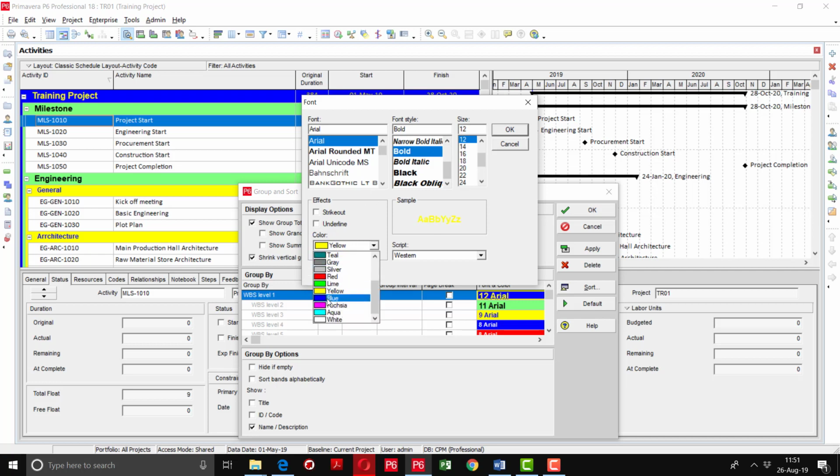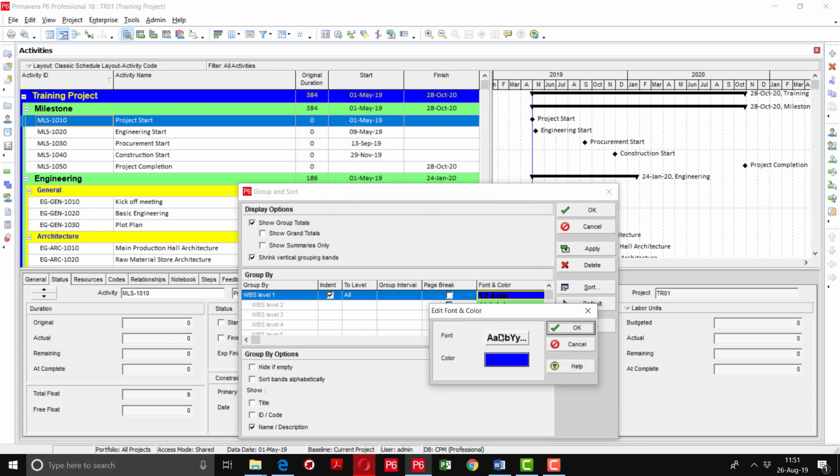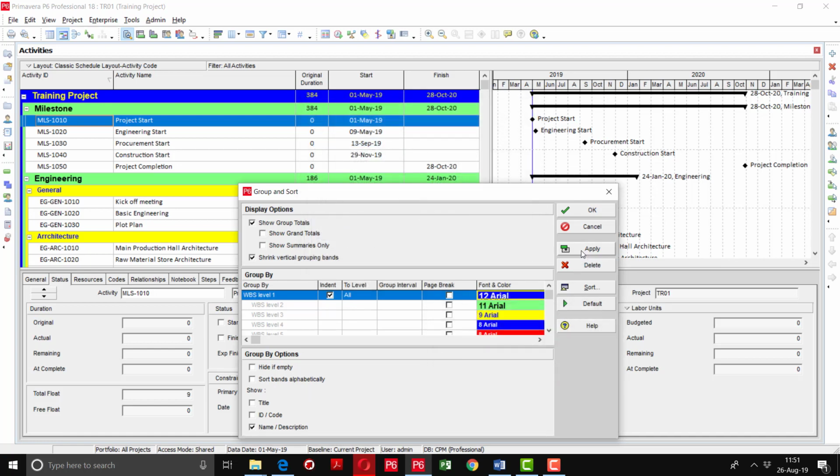So just for practice, I'm going to change the color to black. You will see, I will apply. It is not appearing correctly, so I'm going to change to a color which is easily visible on blue. I'm going to use white color, so you can see here, apply, and you can see the white color is showing on the blue.